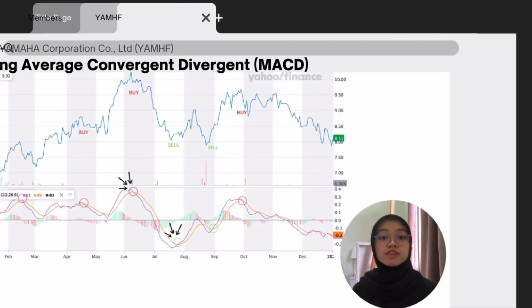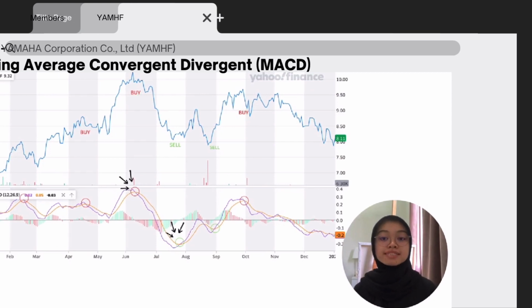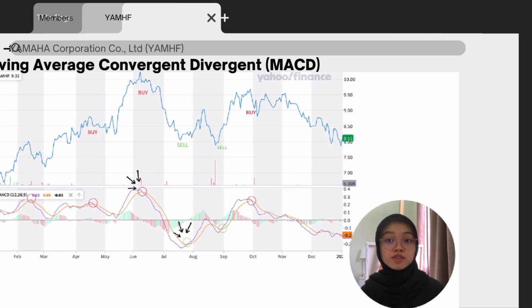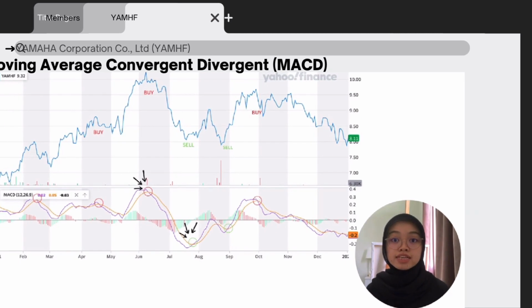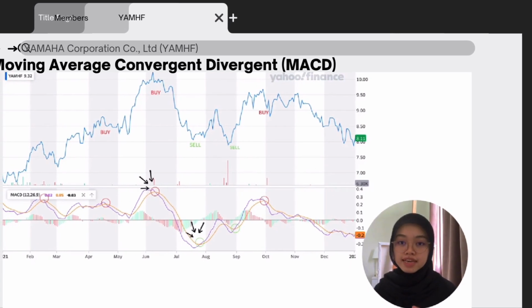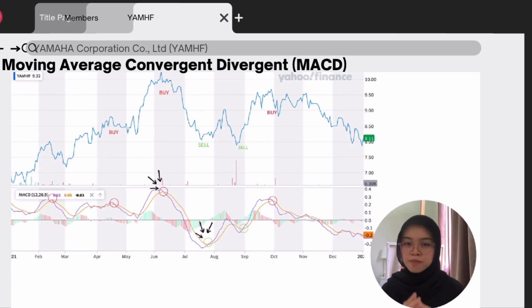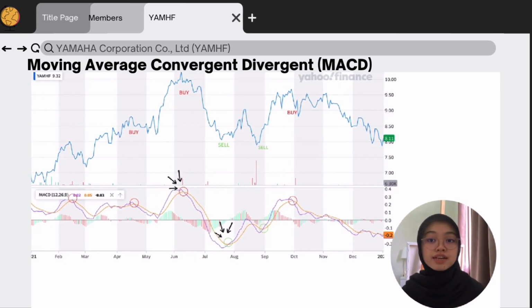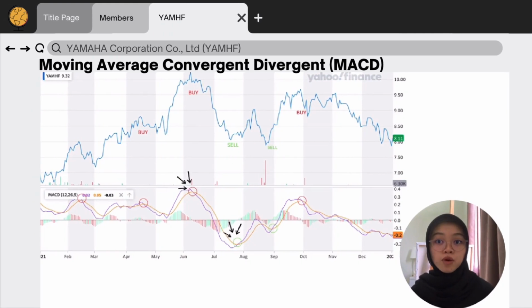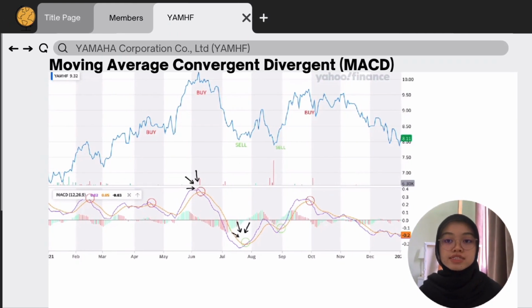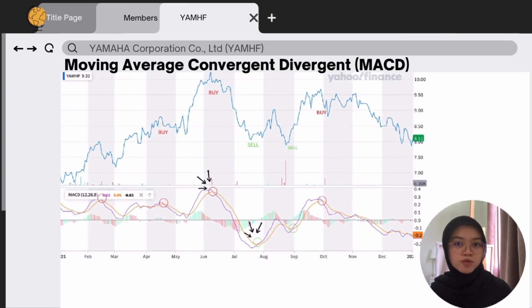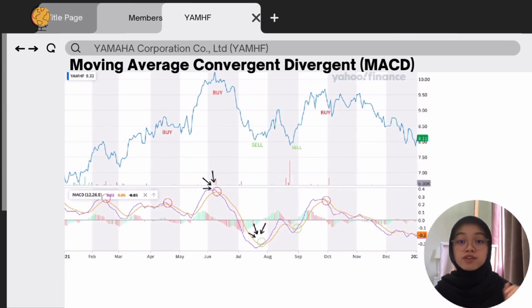Next is the moving average convergence and divergence, MACD, indicator. This chart has computed the difference between the 12-day and 26-day exponential moving average, EMA, on this instrument. Based on the MACD chart, it shows a volatile trend for Yamaha Motor Co. in the one-year analysis. If we look at the chart in early June 2022, it shows that the signal line, orange color,